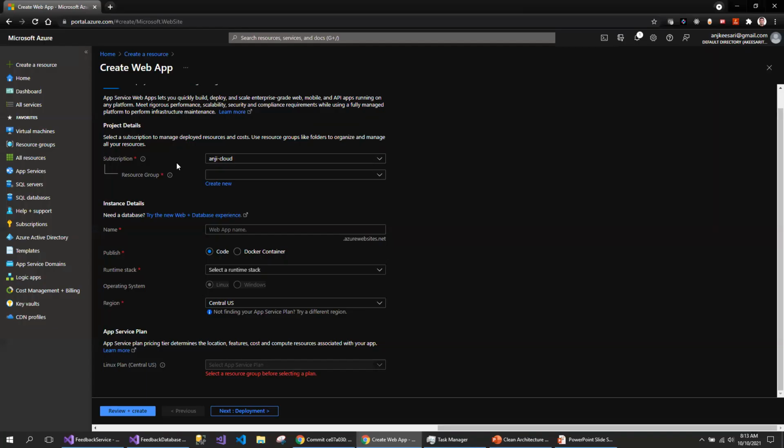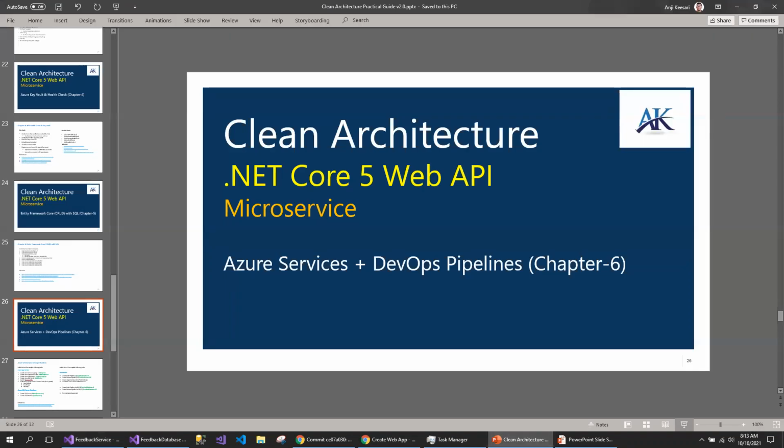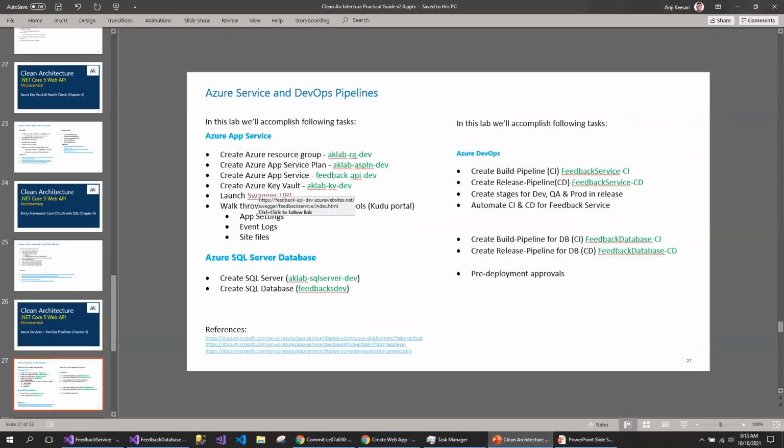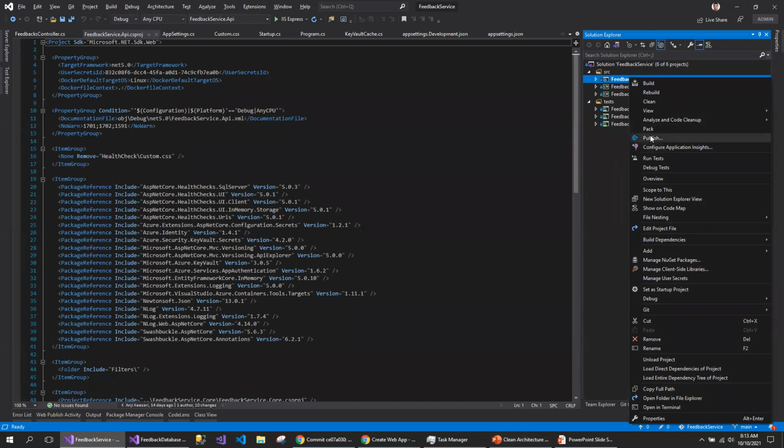I think I can use Visual Studio for this demo. So let me use Visual Studio for this demo. I'm going to create the Azure resource. This is my resource group, which I already have. I'm going to create the app service plan and also the web app. So let's click on publish